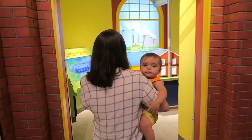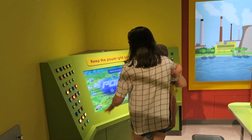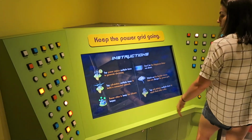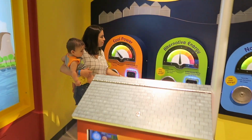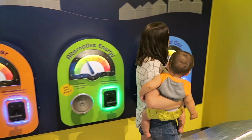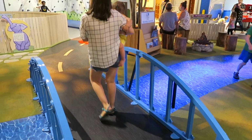Energy Center! And the Energy Center was pretty fun. You can press all these buttons and they show the different types of energy like coal power, alternative energy, and natural gas. And then from there we walked over a bridge and went to the construction area where you can